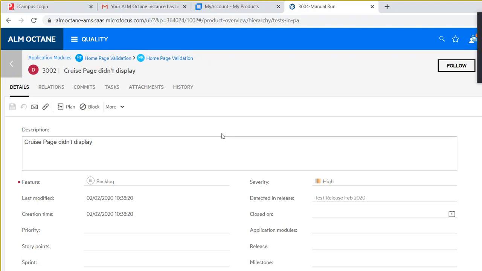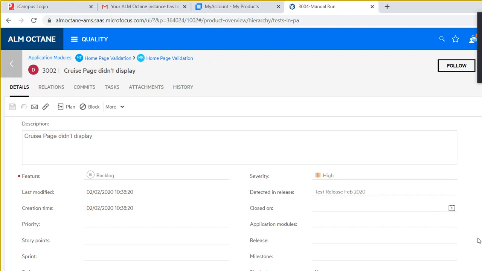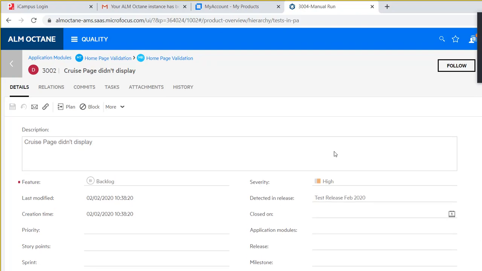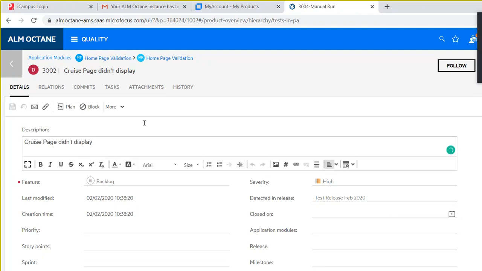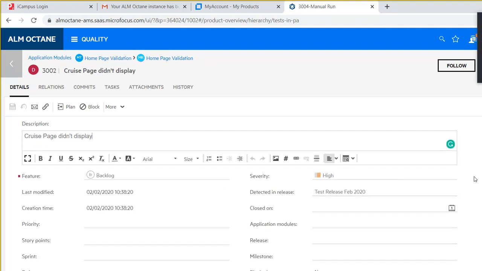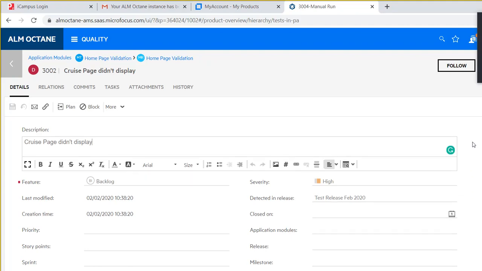And if I scroll down, I should see blocked region. Yeah, the description is here. You put the description of the defect, and I do not see a few of the things. Those are available when you report the defect from the execution window, but